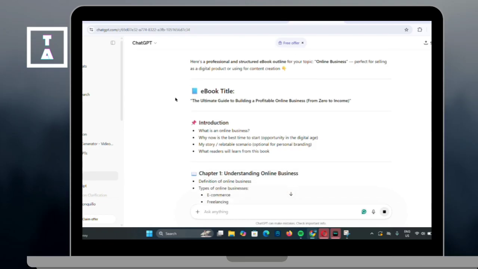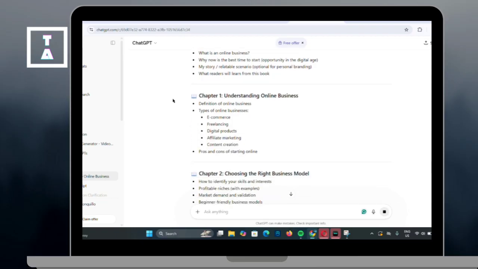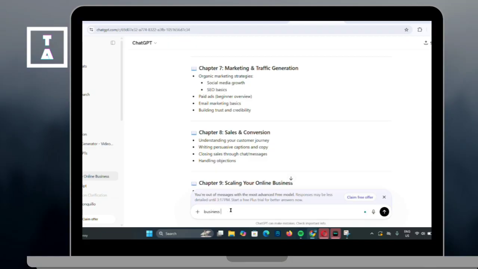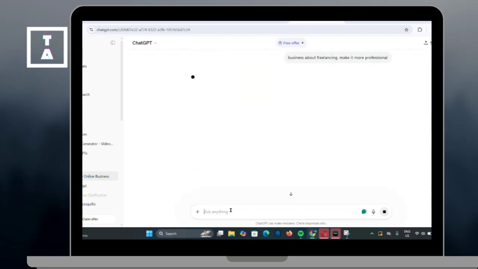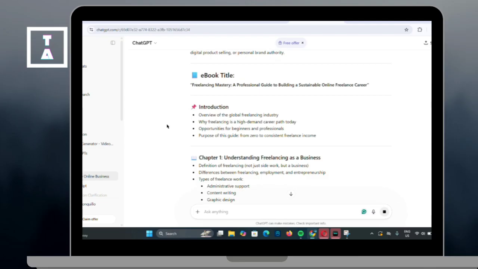You can also ask ChatGPT to edit and improve your content, like make it more professional, add examples and details, and improve readability. Next, format your ebook using tools like Microsoft Word or Canva, then export it as PDF